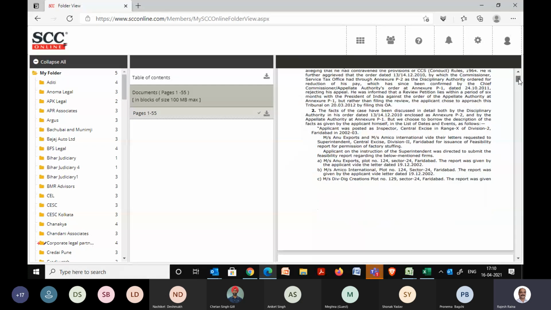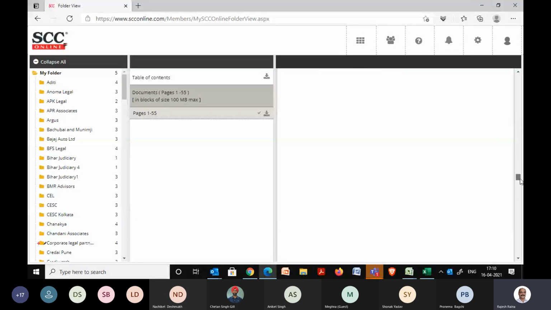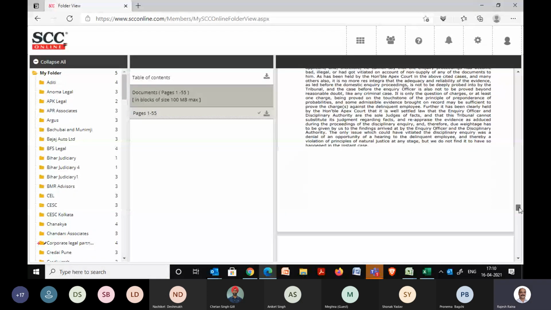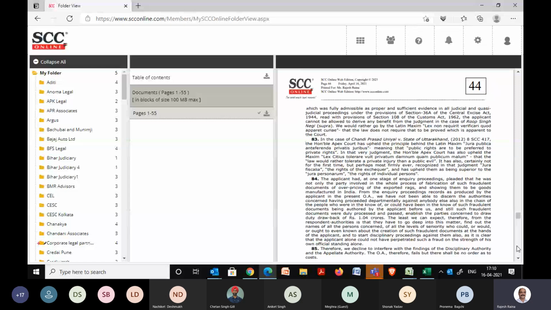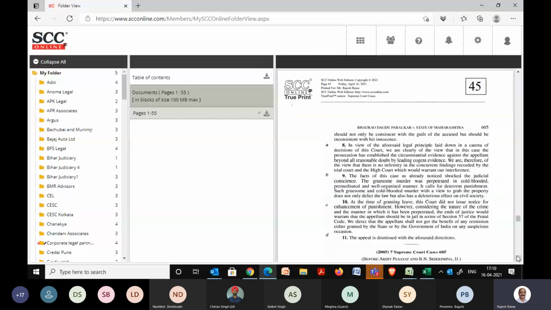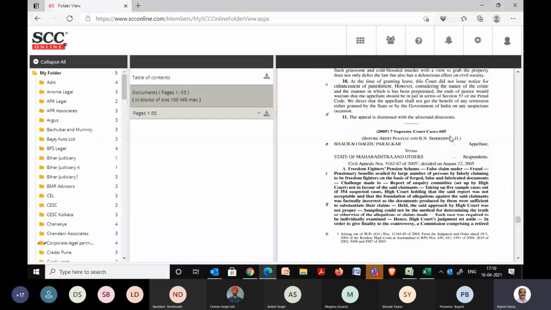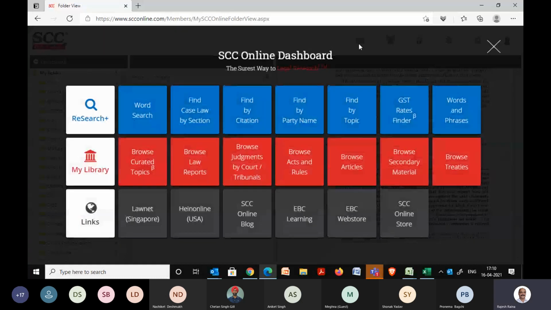You see here on the top corner, the page number 1 to, let's move to 44. This is 43, 44. Now from 45, the new document starts. You can see it. So you don't have to do anything now. From here, you simply perform a download by clicking on these download arrows for the table of contents and the documents. They'll get downloaded in your downloads folder. From there, you take a print, all in sequence, just file it and present it. It's as simple as that. So that is case compilation for you.